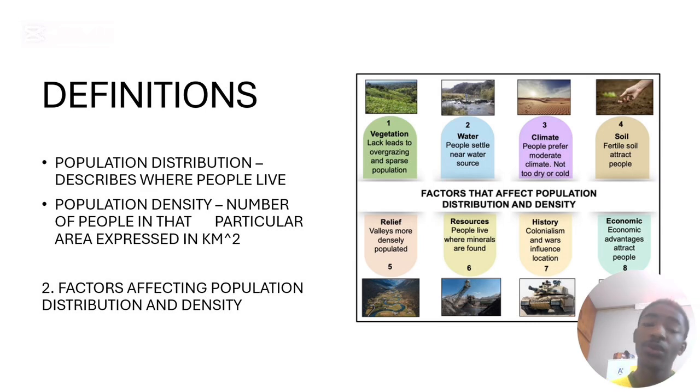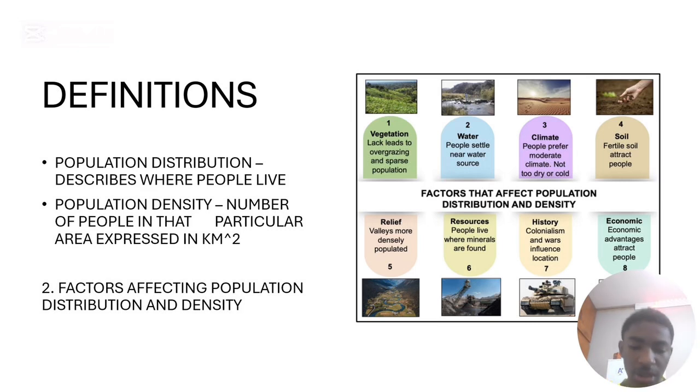Another thing you need to focus on, the last one, which is the fourth one, is resources. On resources, it's obvious, right? People would want to move to areas near mines. We know mines provide us with salt, they provide us with gold, silver, diamond, and platinum, right? And people would want to move to that area because those kinds of minerals bring you income too, right? And they develop what? Our economy, right?